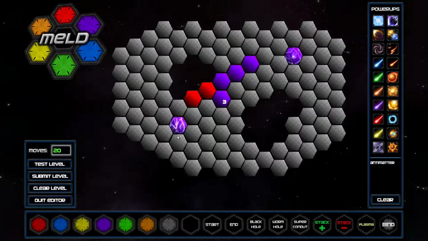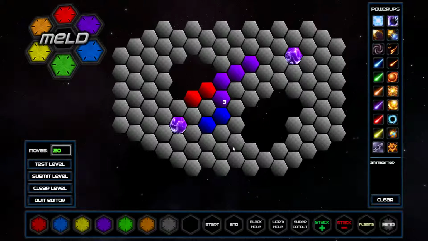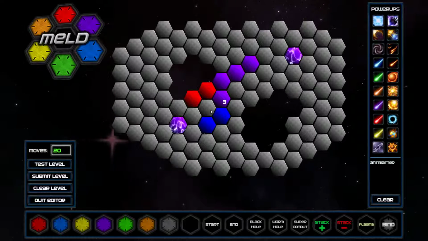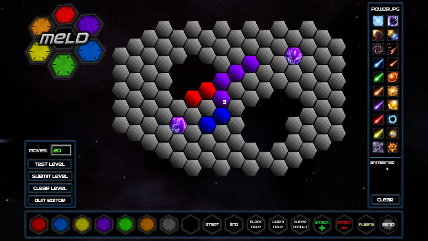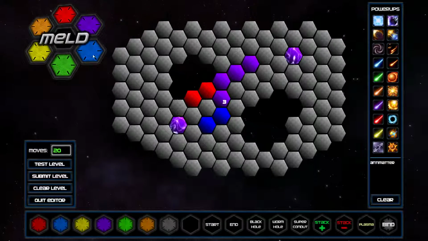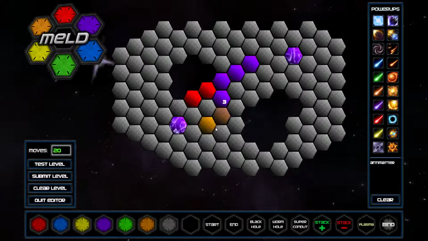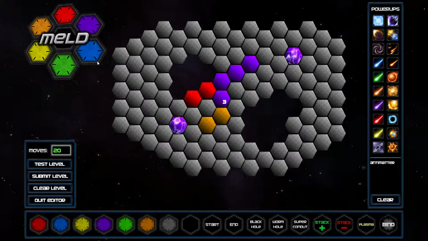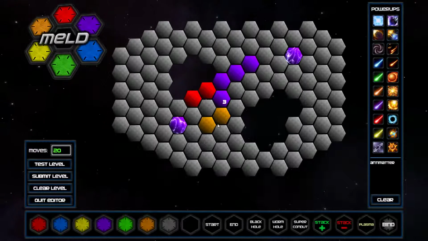And then instead of giving them blue elements, if we gave them a couple blue elements like this would be a relatively simple level. They would see the connection between red and blue here, and they can combine it to create purple. So I'm going to take this one step further, and take advantage of the antimatter power-up. Instead of giving them blue, I'm going to give them orange. They can't combine red and orange, but they can combine red and blue. So the user has to figure out, okay, I need to use this antimatter power-up on the orange to switch it over to blue. So if I go to test level,